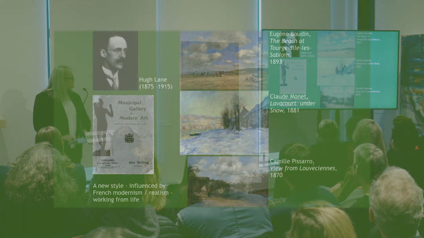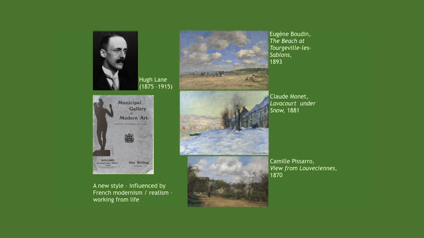And the other person that was very involved in this is Hugh Lane. He was the nephew, actually, of Augusta Gregory. And one of the things that he did was there was the model that they said they needed to bring the art to Dublin. And actually, Dublin is one of the first places on the British Isles to have an exhibition of modern art of French painting. Now, it was opened in 1908.